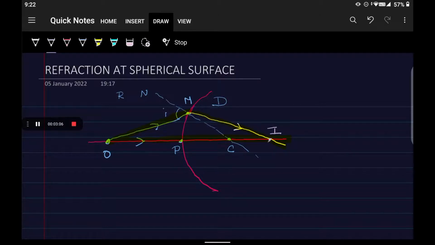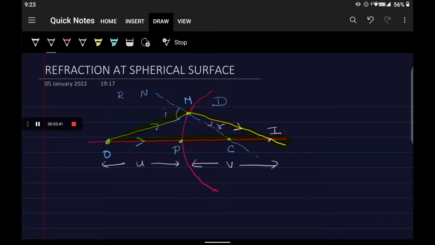So you know that the angle between the normal and the incident ray is the angle of incidence. Similarly, the angle between the emergent ray, that is your refracted ray, and the normal, we call the angle of refraction. And let us mark out where the object is placed from the point pole. The reference point is pole. So this is your object distance, and this distance, right hand side where the image is formed, I am making out as image distance.